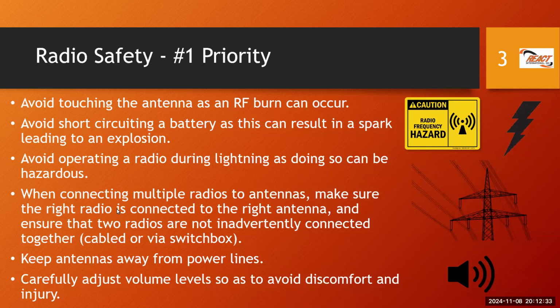Second to last point on your screen, antennas and power lines don't mix. We should avoid having antennas anywhere close to a power line. There must be enough room away from the power line so that if the antenna were to fall or a breeze blow, it would not come into contact with a power line. Those are usually low, medium, and high voltage power lines that may be in our vicinity, and we need to be mindful of it. So the bullet point says keep antennas away from power lines for that main reason.